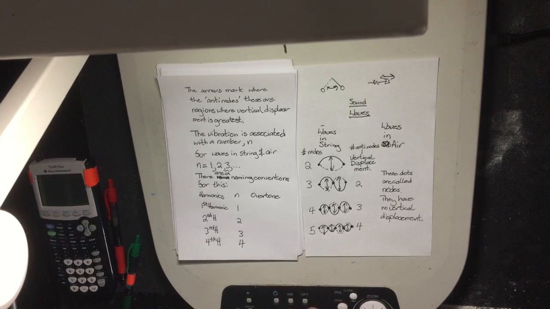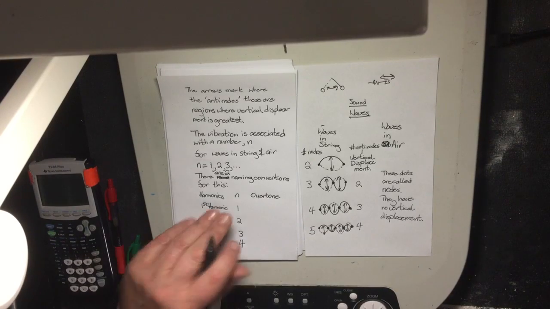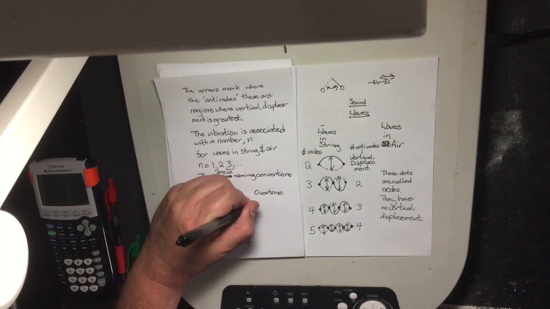The harmonic convention is basically the number of n's, the nth harmonic. For every n, its harmonic is the nth harmonic. First, 1, first harmonic. 2, second harmonic. 3, third harmonic. 4, fourth harmonic. For the overtone, it is